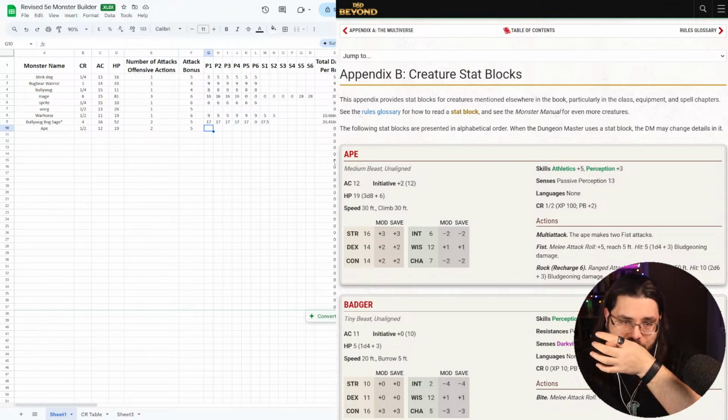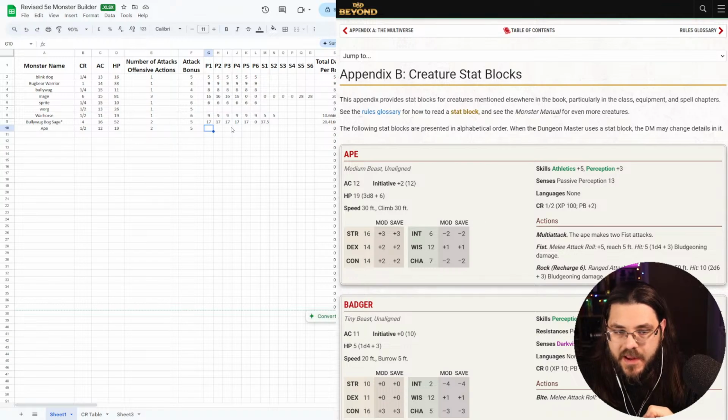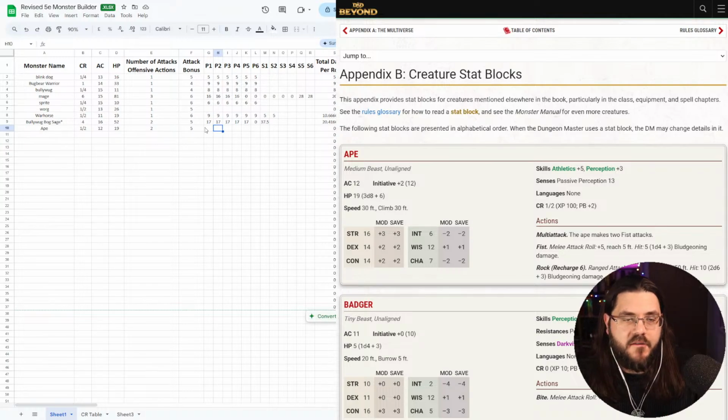Right, we're going to assume that it's probably going to do like 4 sets of this 5 damage and then 2 sets of the 10,